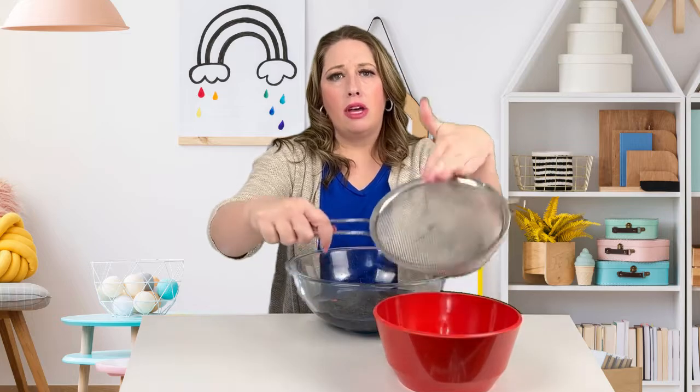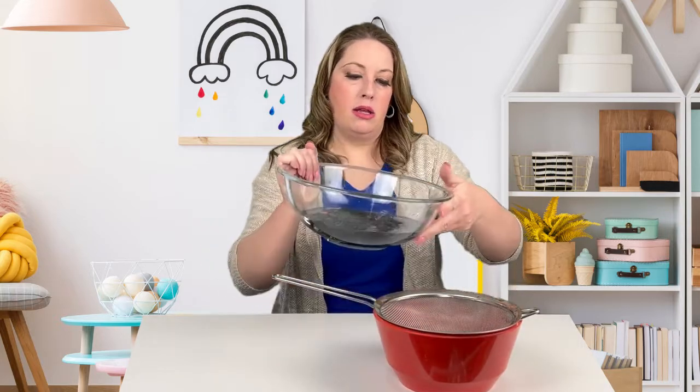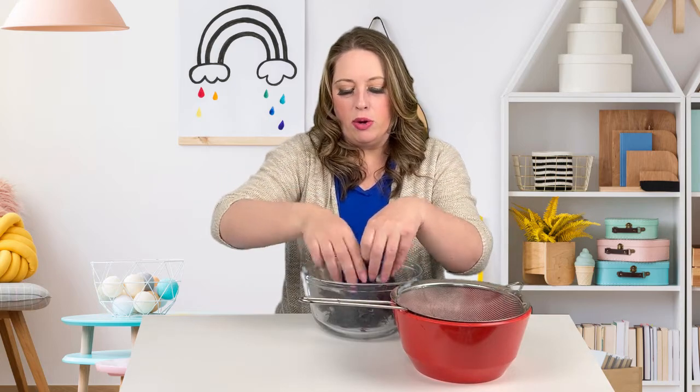I just have a strainer in a bowl. We're gonna pour that in, and we're gonna let it sit for about a half an hour. We don't wanna totally dry out the lint, we just wanna get rid of that soupy feeling. Okay, after your lint has soaked for a little while and gotten most of the goo out of it, we're gonna plop it in a different bowl,